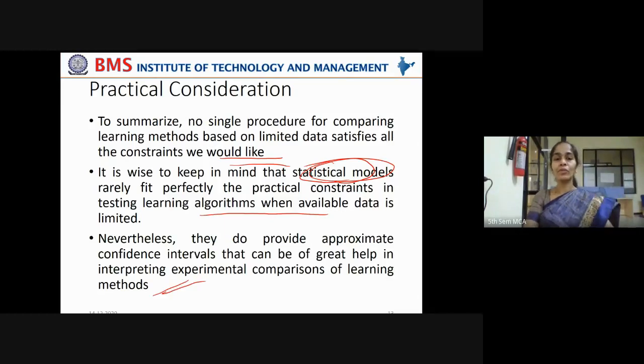So what would be the approximate confidence interval within which the difference in the errors of the learning algorithms falls? That will be the main criterion for us in order to select between the learning algorithms. But in order to calculate that confidence interval, you should know the distributions, mean, standard deviation, t-score, z-score; all these play a very important role. That is why you have to understand all these terms in order to calculate the confidence intervals within which the difference in the errors of learning algorithms falls, in order to compare the learning algorithms and see which one is performing better.